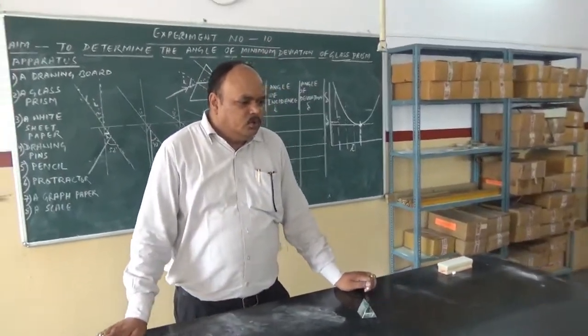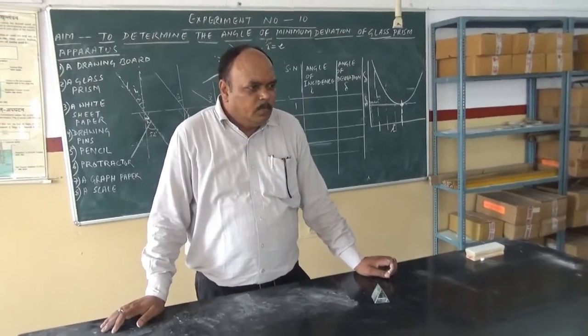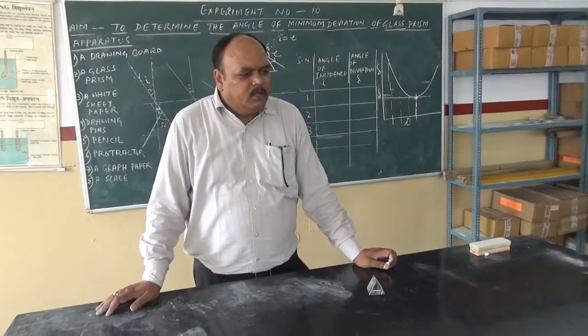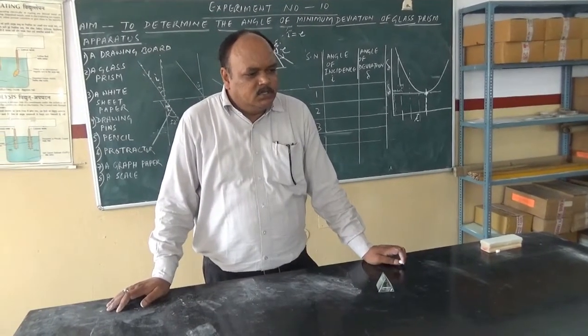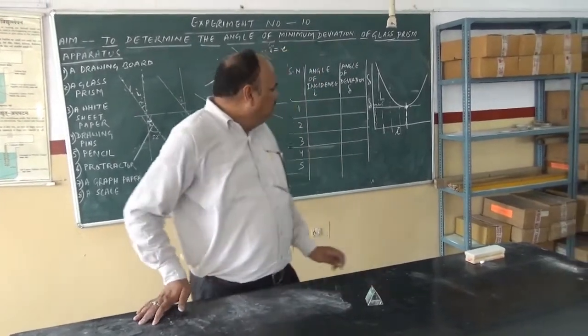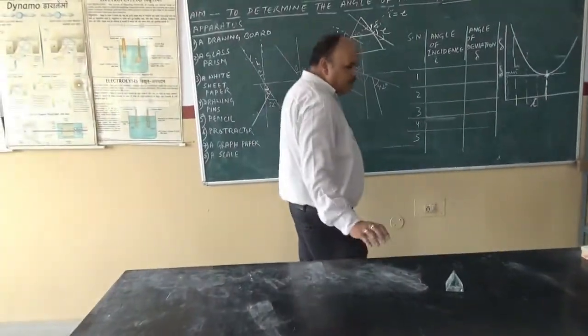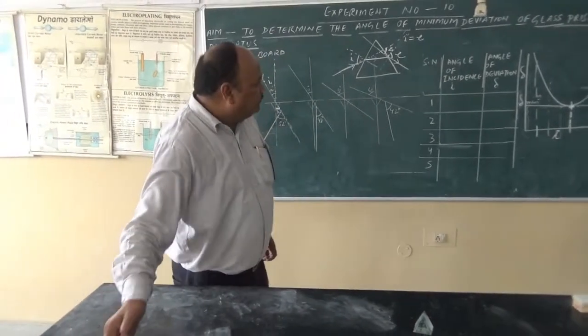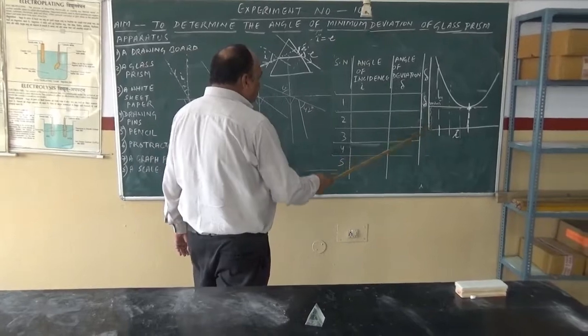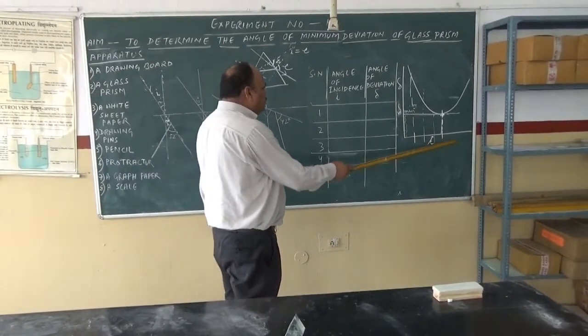So you note that in this way you may take another angle of incidence, for which you will get another angle of deviation, and after that we will make this graph by using proper scale. The scaling should be same on x and y axis,